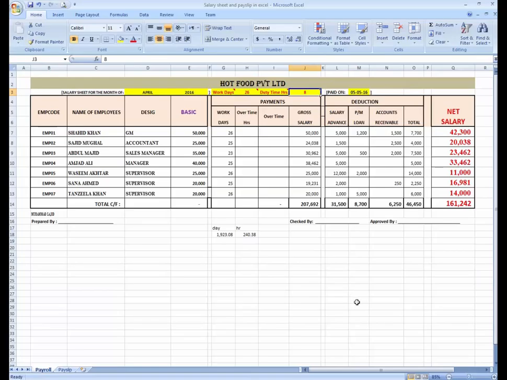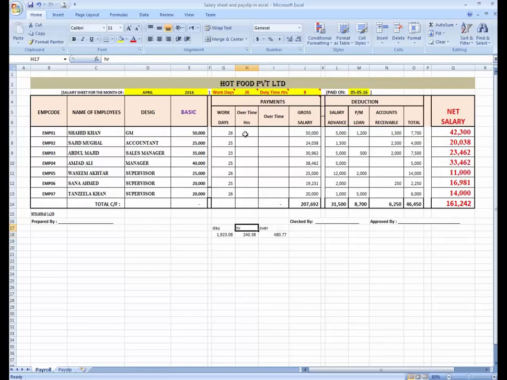If I change this one from 8 to 10, you can see over here the rate decreases. And for the overtime rate I am going to write equals this multiplied by 2. The overtime rate is double the normal rate.